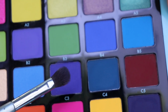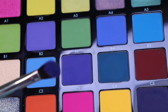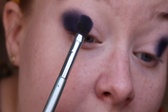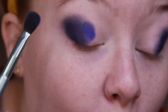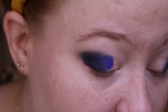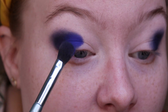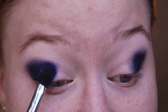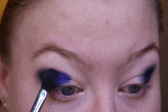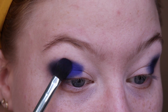Now I'm going into C3, which is more of a bright color, and I'll just be placing that right here next to the other one. Oh, this is so pretty. Oh, I love this shade. I've been looking for a shade like this for a long time. I have a similar one from Makeup Geek, one of their power pigments, but I don't feel like that is the best performing shade. But this one,